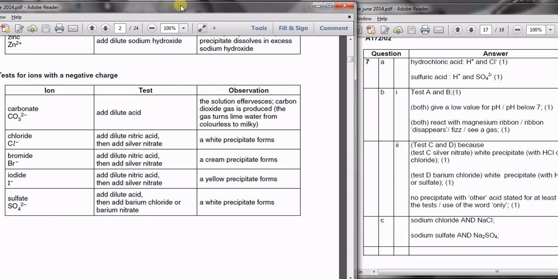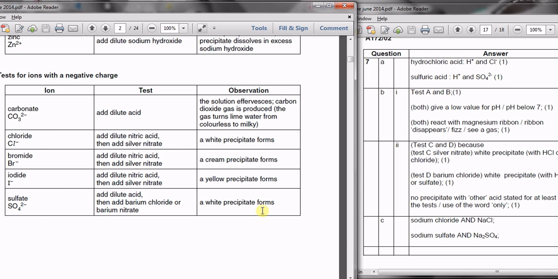This table gives you those tests, so if you can't remember, just look back at the front of the booklet. The chloride ions here in the hydrochloric acid, when you add silver nitrate to them, form a white precipitate. The sulfate ions from the sulfuric acid, if you add barium chloride or barium nitrate to them, again a white